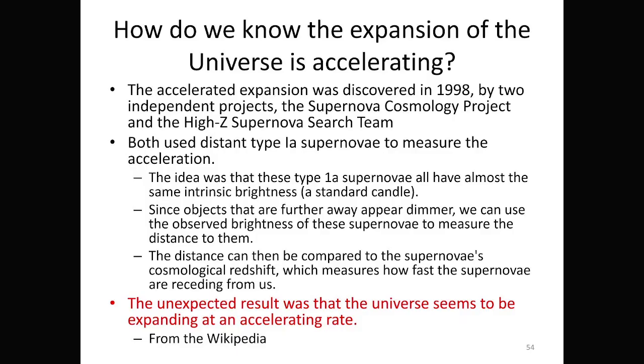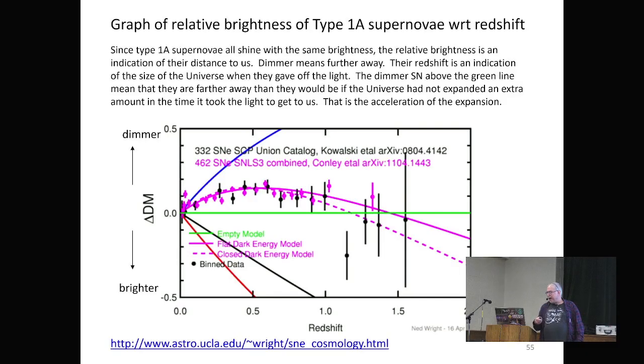away. But the expansion of the universe accelerating comes from two different experiments that were done measuring type 1a supernovas. And some of this data was collected in the Sloan Digital Sky Survey. But the supernova that they were using, the type 1a, was considered a standard candle. So no matter how far away it was, it had the same brightness as another type 1a supernova. And I don't know how type 1a is defined, but they used that information to figure out that there are